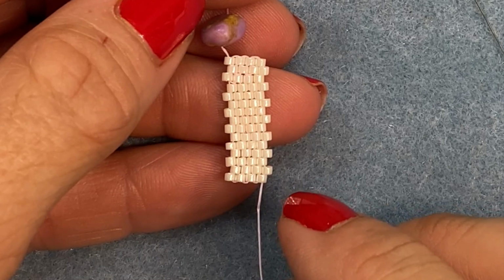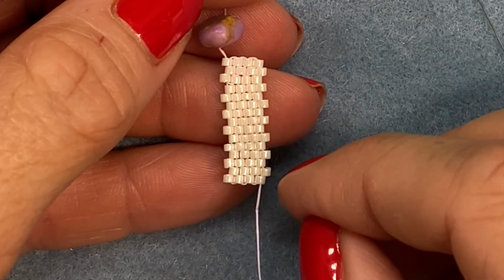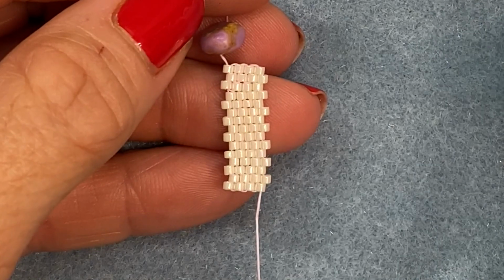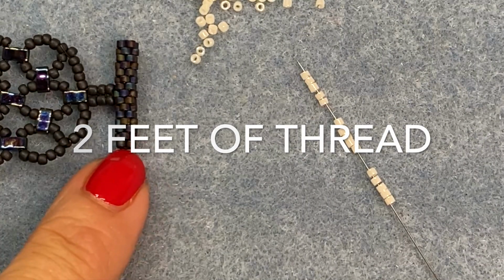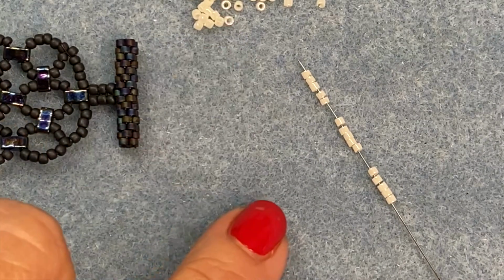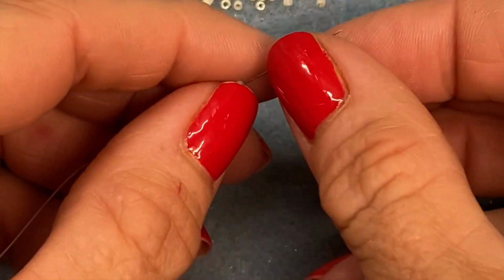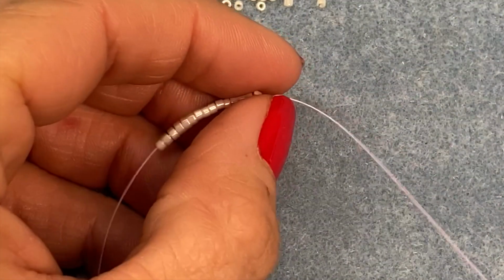For the toggle bar, if you're well versed in odd count peyote, I'm doing 15 beads long and 8 rows wide. To make the toggle bar, we're going to be using our Delica beads now, and I went ahead and put 15 on my needle. So it's going to be made up of an odd count peyote. I'm going to take these 15 and bring it down near the end of my thread